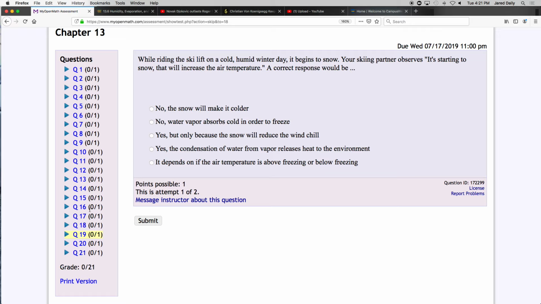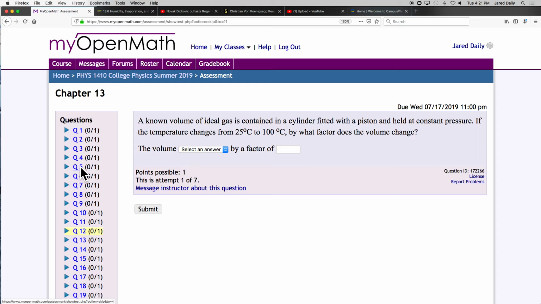Any other questions from the homework? I have a question. A known volume of ideal gas is contained in a cylinder fitted with a piston held at constant pressure. If the temperature changes... So this is the one where you do the ratio of the ideal gas laws, right? Would you do that? Yeah. Okay. So let's